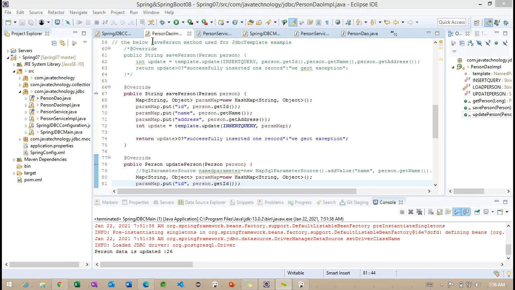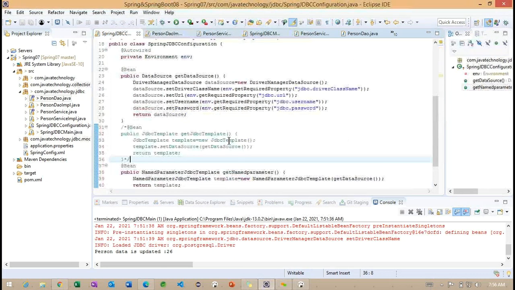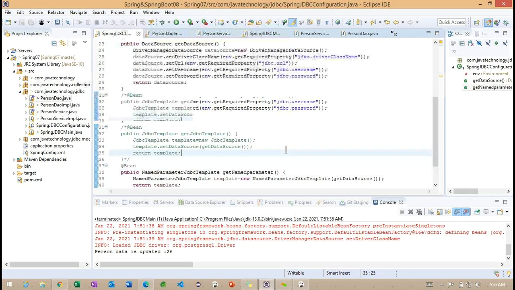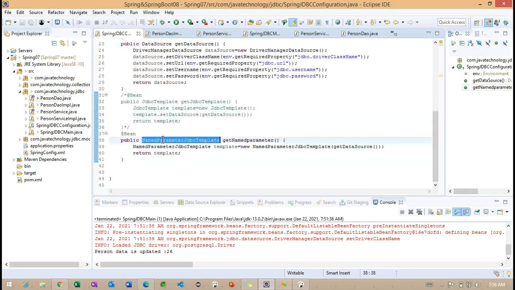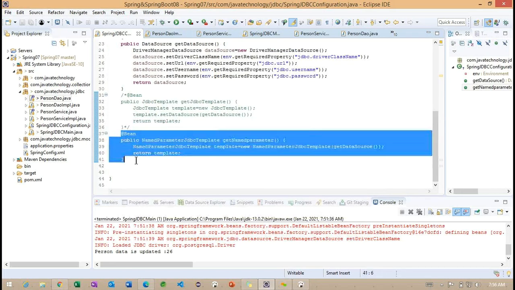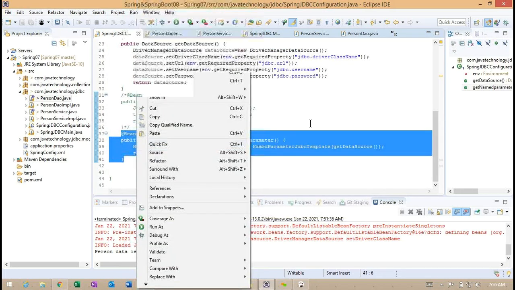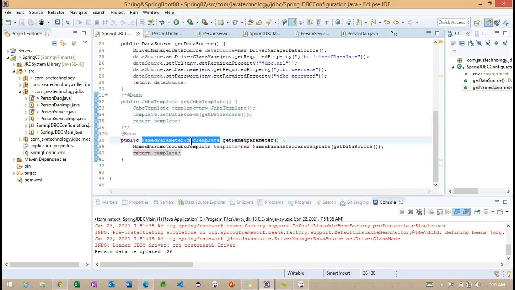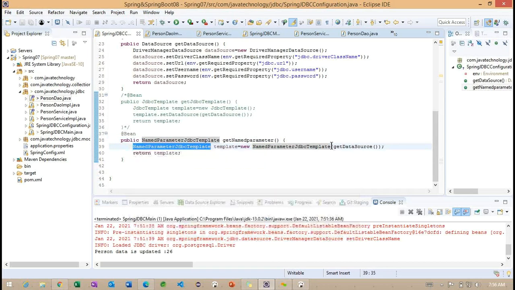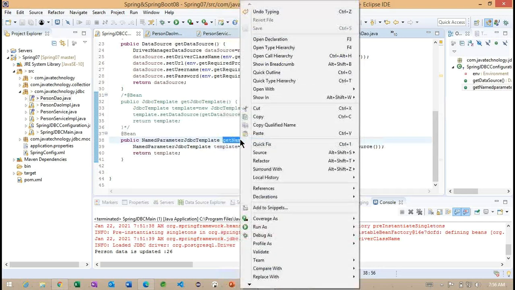Basically here in the configuration, initially the objects will be created, right? But wherever we are using this particular object, again the container comes into the picture. It will come back here. It will check whether this particular named parameter template object is created or not. And if it is created, it will check whether it has some dependency, and the data source will be called. But now observe, we are not calling any data source here. Getting the point? Here, the named parameter method we are not calling.